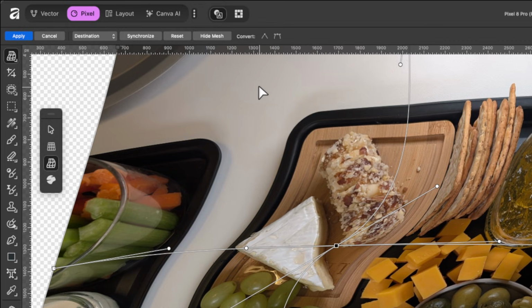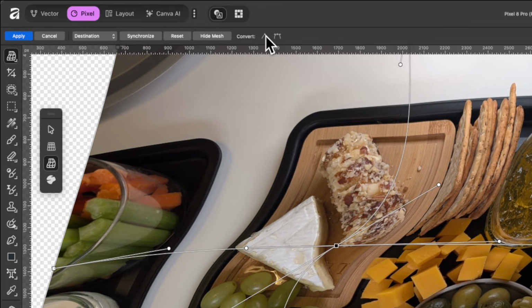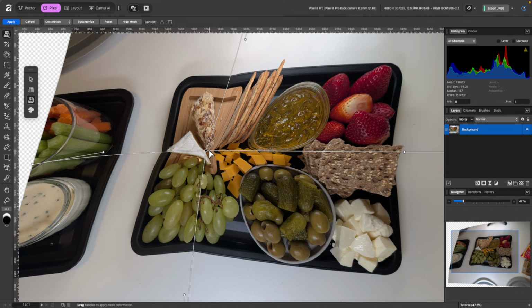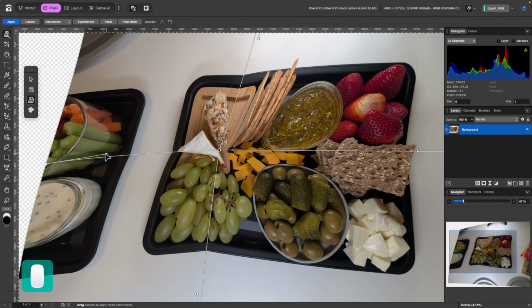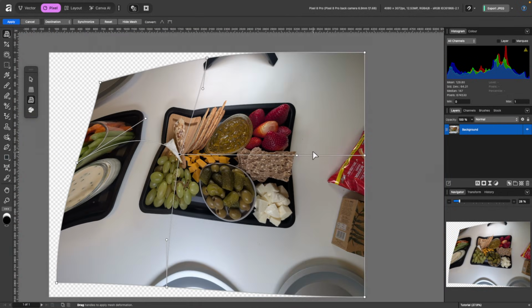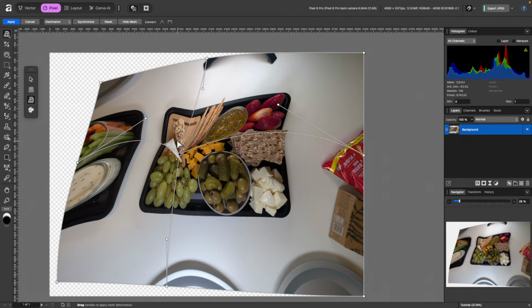And at the top here in the context toolbar, you have more options. So right now it's a smooth node because you can see it's smoothly doing that, but I can convert it to a sharp node. So I'm going to click on that. You can see now the handles have gone and this one has a handle. So when I do that, you can see it just comes to a sharp end there. And I'll just select this one. So you can get very creative with this one.